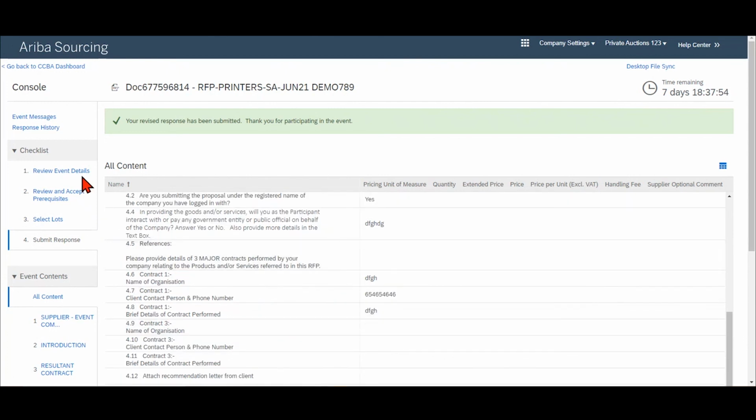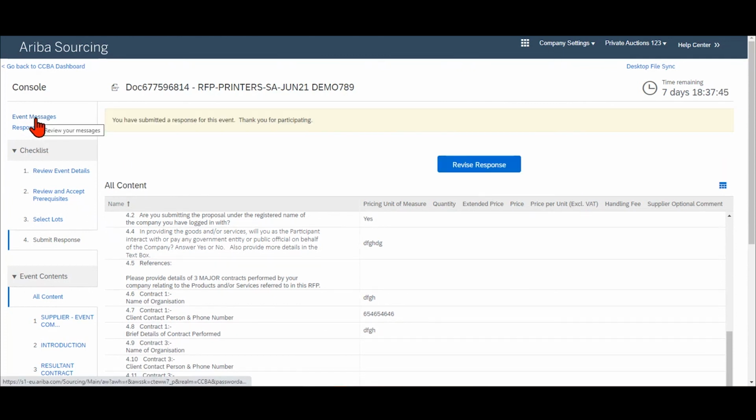In the meantime, you can always come back into the event. You can go to the event messages, and here's the history of your responses if you want to look at that, and view all the messages. You have submitted a response for this event. Thank you for participating. Once you're done, you can go back to the dashboard,